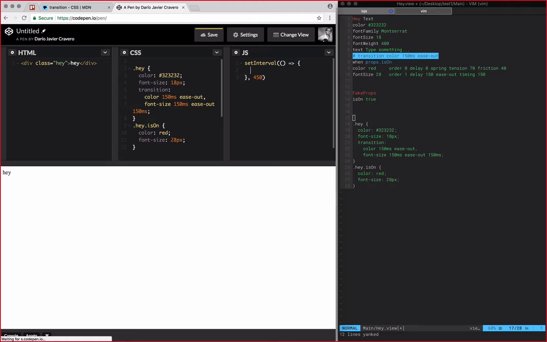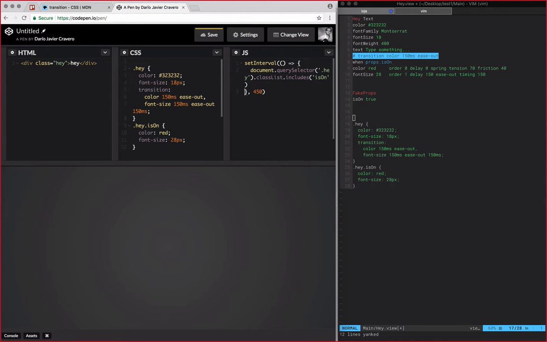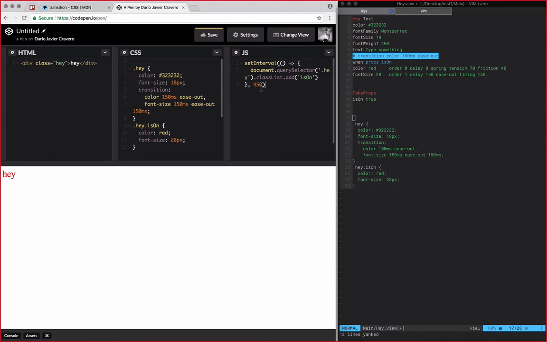And then we say something like, I don't remember if this class list includes is on. Well, actually, sorry, I can do it different. Add is on. There you go. So we can do something like let is on false, and then we say